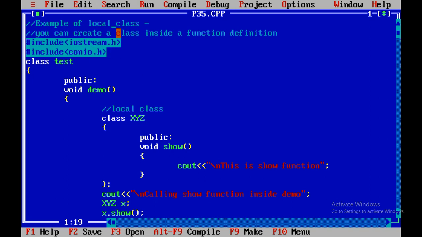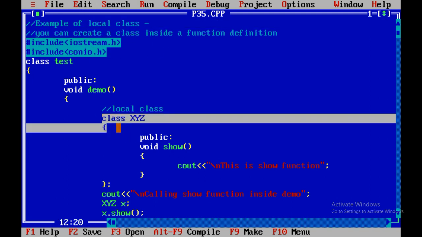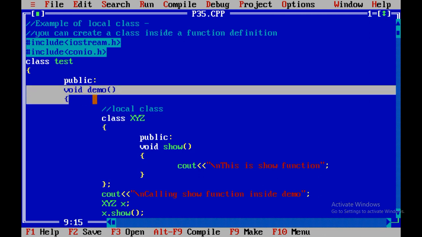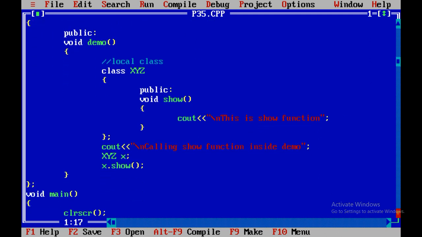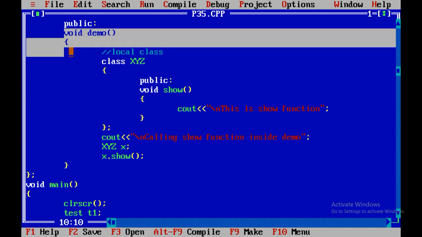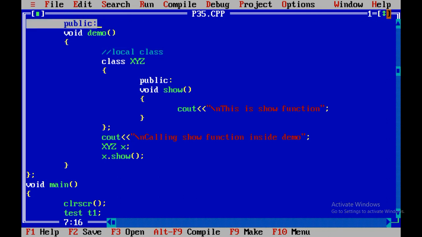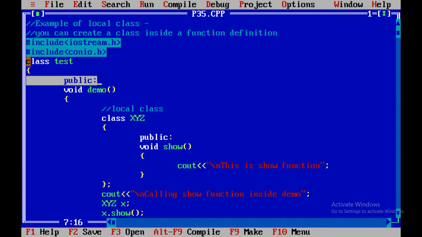Now see what is a local class. When there is a requirement to define any class within one member function of a class, at that time you can use the concept of local classes, but you must declare such a method as a public method. Over here we have created one test class.